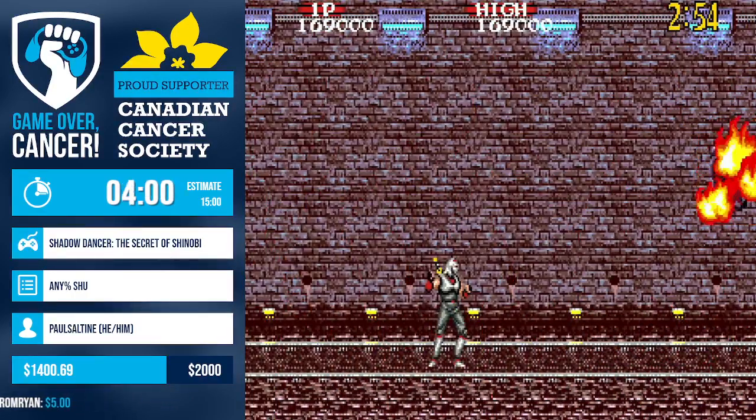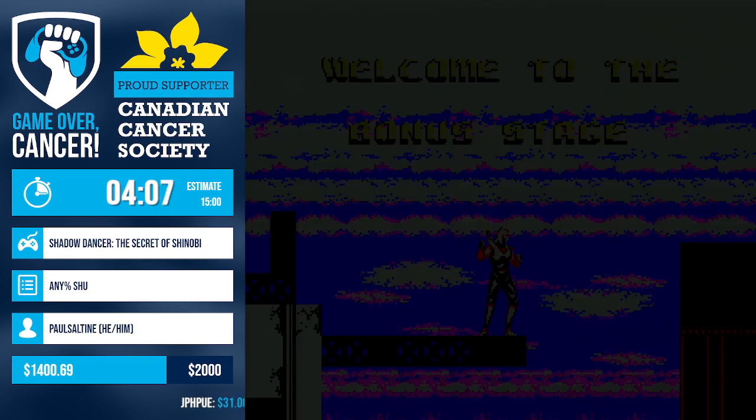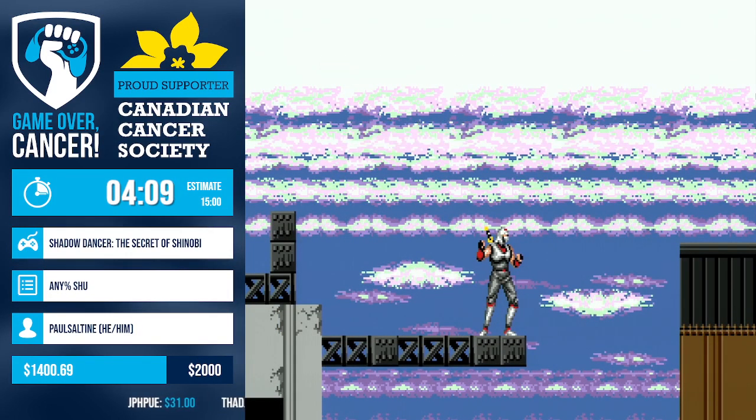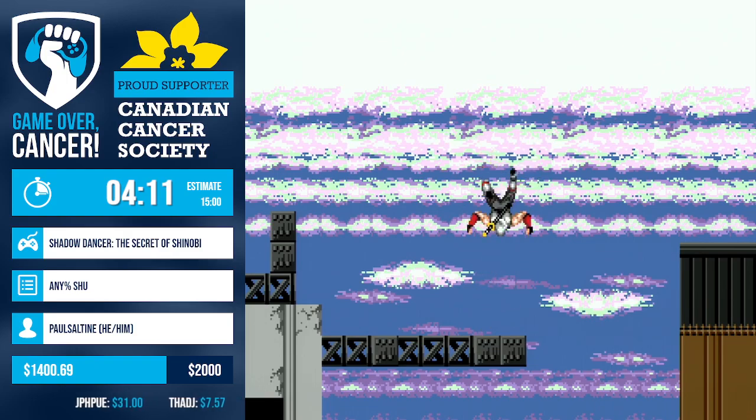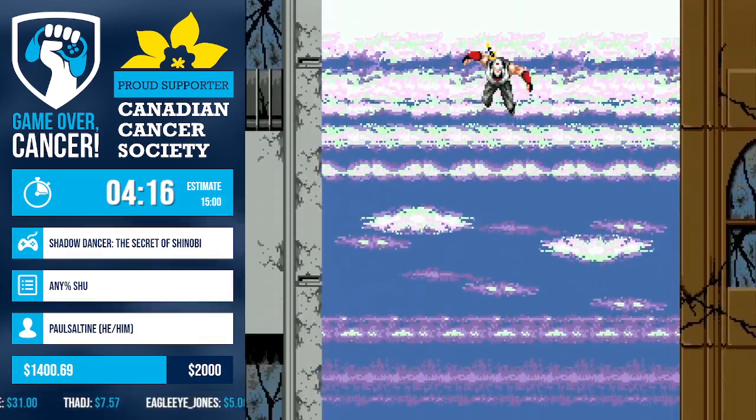Perfect. Yeah, so as I hit the ground, you can activate your ninjutsu in the air, but it won't actually activate until you hit the ground. It gives you a little bit of a window to actually get the overlapping hitbox there, but